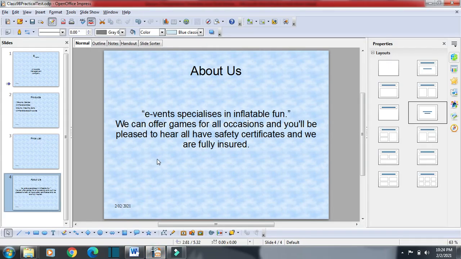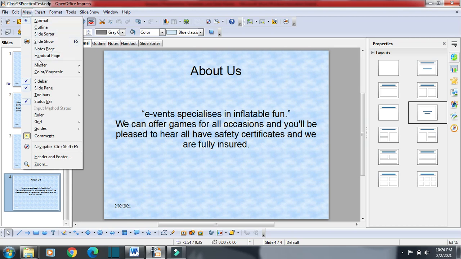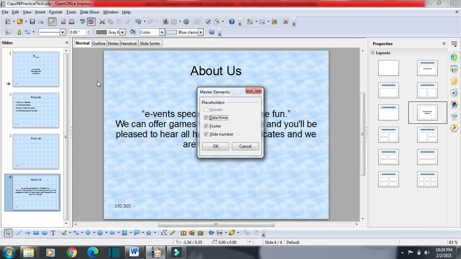So we will come here, again we will click on view, and then we will right click here and then master elements. You can see 3 master elements are there.